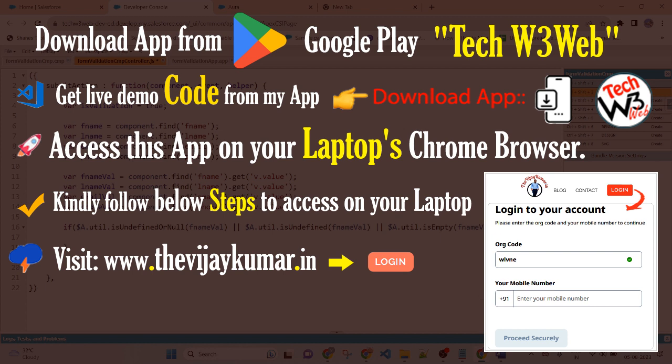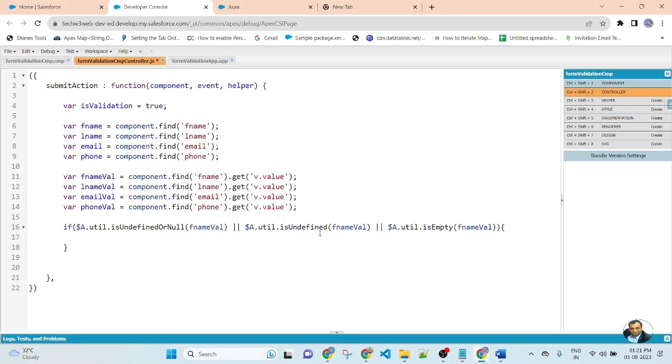So here I am passing the criteria for the input field value. If this input field value is undefined or null, then it will throw an error, or if the input field value is undefined, then it will throw an error, and if the input field is empty, then it will throw an error message.